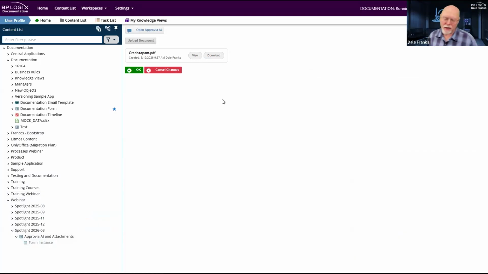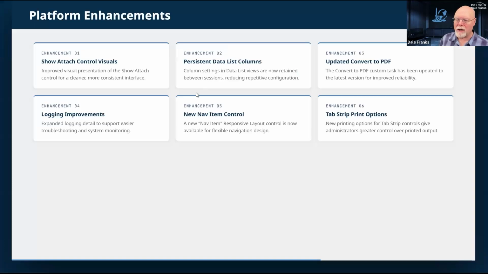And obviously, one of the things that we ran into as we're using the show attach control for a lot of other projects, is that it's kind of small, kind of hard to read, and there was no way to make the links noticeable. They just existed as links. And so we added this so that if I wanted to make the view button bright yellow to catch somebody's attention, I could certainly do that now and throw in an icon and all of the other things that I might want to do to change the look and feel of that control. So a lot of changes for the show attach control to make it much more attractive.